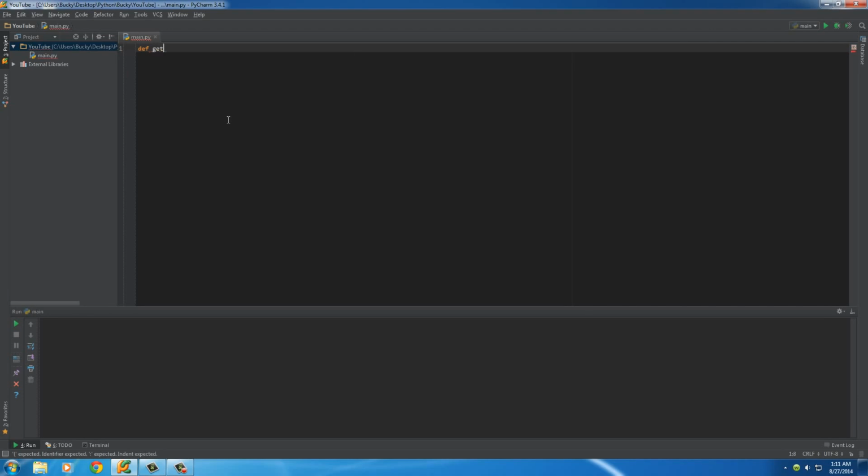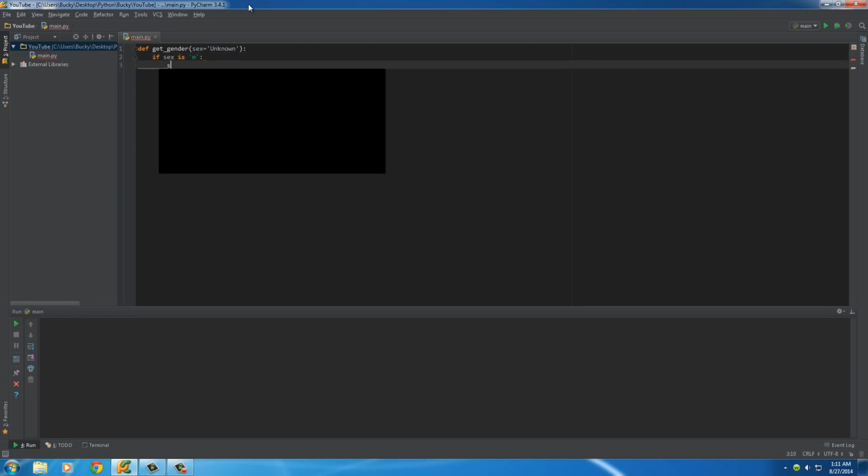So let's make a function called getGender, and we'll set the sex, and instead of just passing it in a value explicitly, we'll say, okay, by default, sex is equal to unknown. That way we can have something to put in our database instead of just emptiness, a void. So now what we can do is say, okay, if sex, if they enter M, then we'll just set it equal to